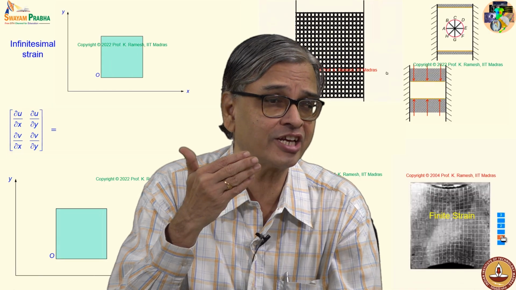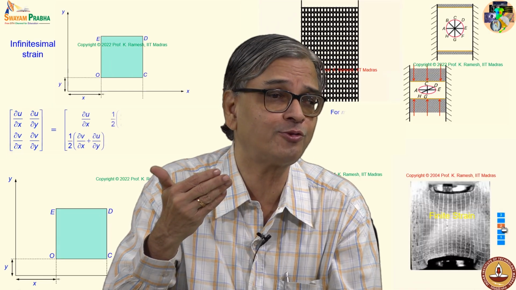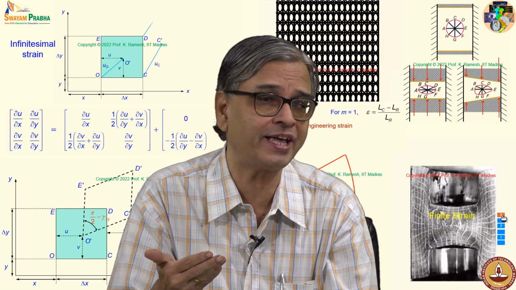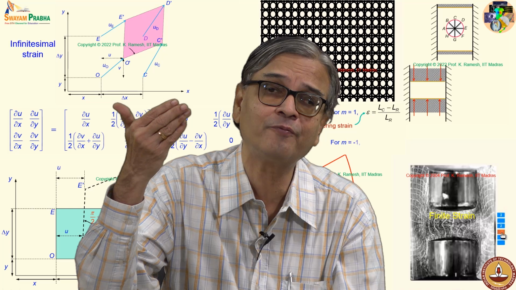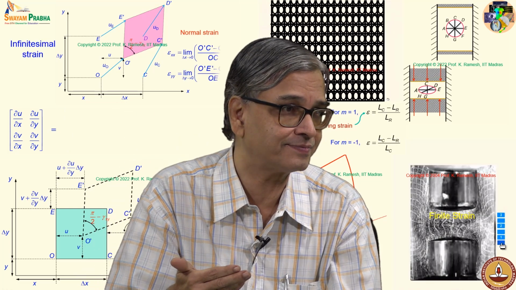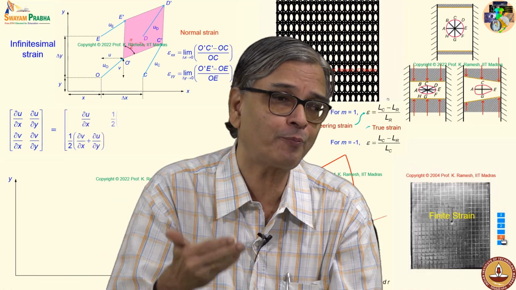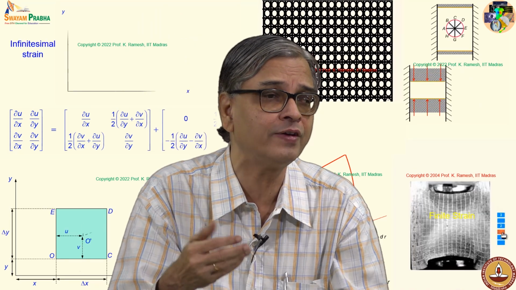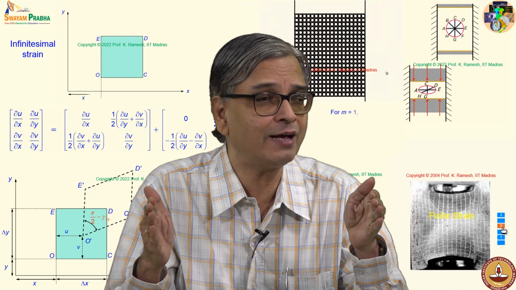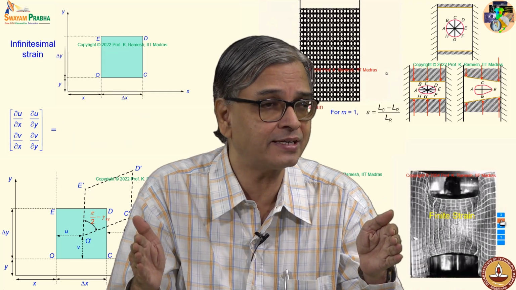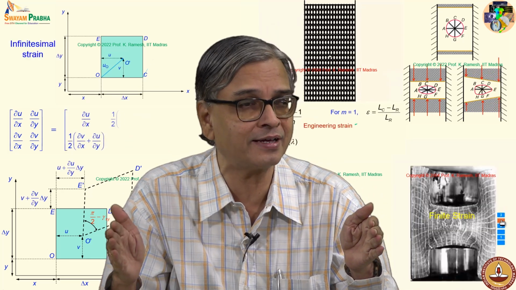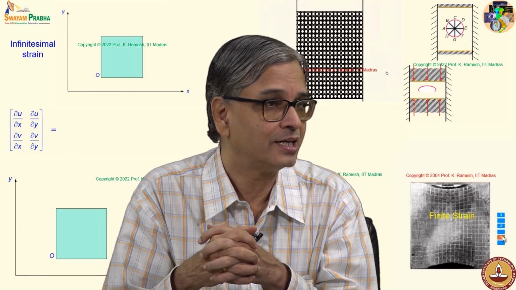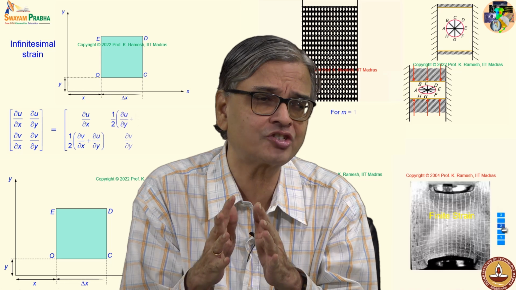I said strain is of the order of 20 to 22%. Whereas, in the case of infinitesimal strain, I said you should limit within 0.1%. If you ask what is 0.1%, it is like 1 millimeter extension: if the original length is 1000 millimeters and it extends by 1 millimeter, you call that 0.1%. So, you talk of very small strain